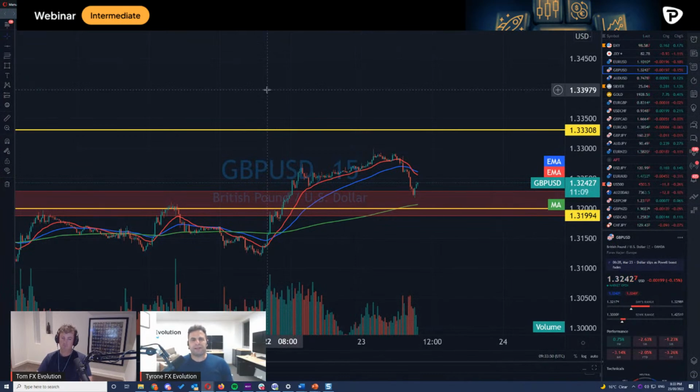So if you see it in the middle of nowhere and it's clearly in the middle of nowhere, that's probably when you're just going to leave it alone. That's just price movement. But at those key support and resistance zones that we're talking about, or the pullback zones, they'll work their weight in gold.